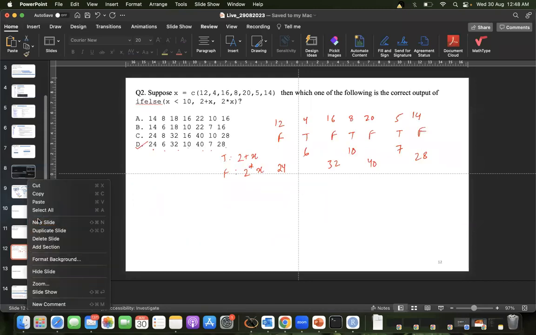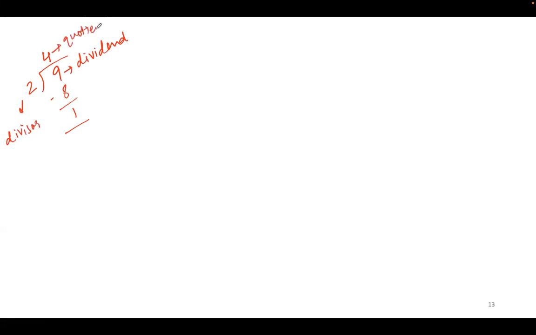Okay, I'll just open a new slide here. So let's take an example of 9 divided by 2 first. It gives you, say, 4. 2 into 4 is 8, and then you get 1. This is called the dividend, this is called the divisor, this is called the quotient, and this is your remainder.